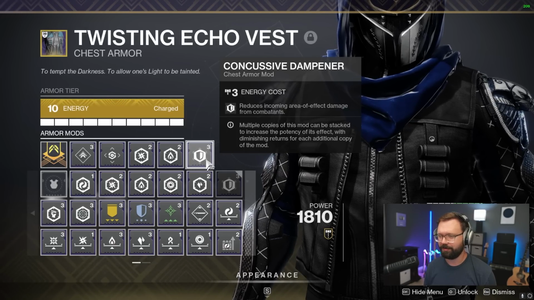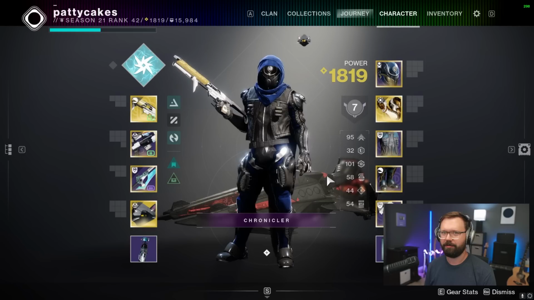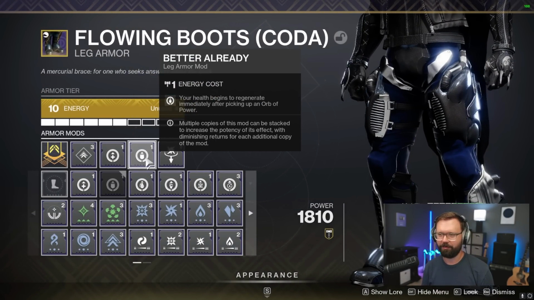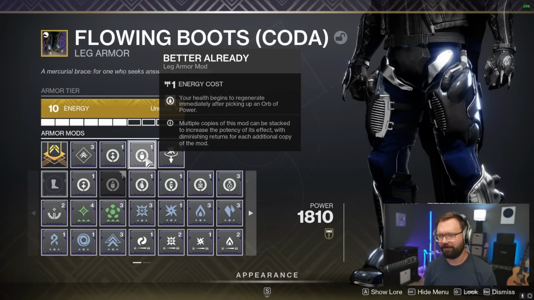You could also go with reserves if you feel like you're somehow capping out on your power ammo, which wasn't really happening for me, but that would be an option. Now for your boots, you also have a lot of options here. I was trying out recuperation along with better already, and so anytime you pick up an orb, it will give you both a boost of instant health as well as start your recovery back. So I thought that was kind of a cool thing just to stay alive because I was getting beat up